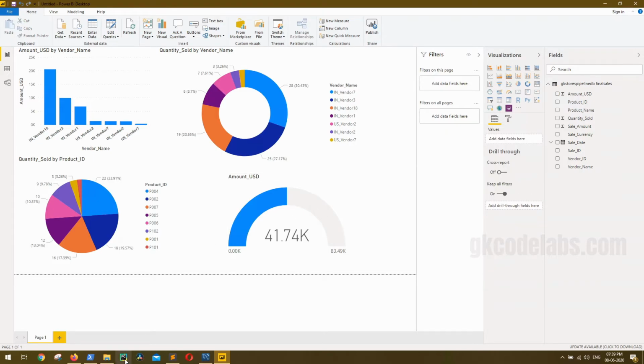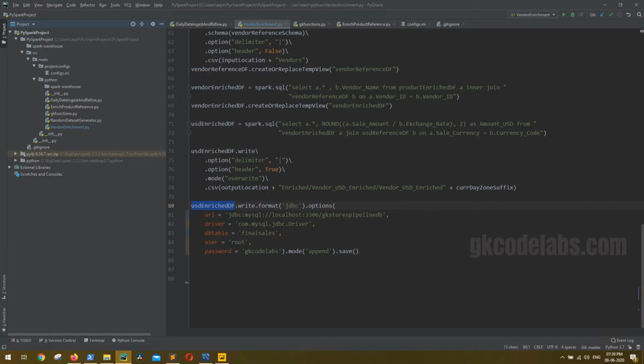Now let us try, if next day data comes, whether this gets refreshed automatically or we have to change anything. So let me go back to the code, and everything is the same. And without waiting for next day data to come, I can run the same job, because the mode is append. So all the data will be appended once more, and hence increase the total overall sale. Just a workaround for testing.